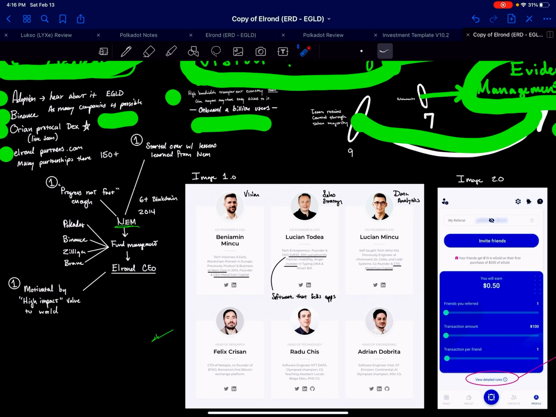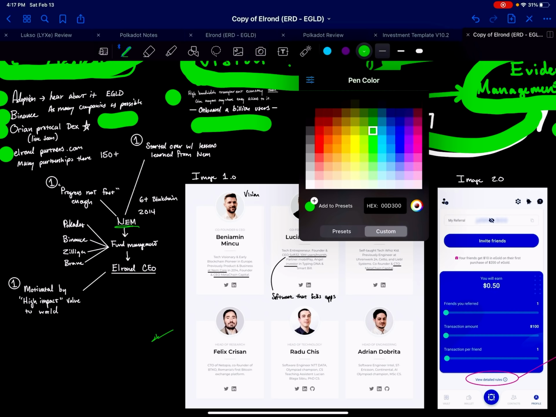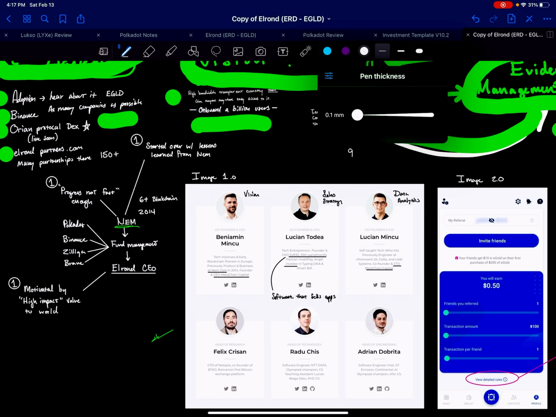Like I said, that's a trust factor. When you're wealthy and you're still working your butt off, that means you're more trustworthy, because your incentive is at a higher level than just making a lot of money, because he's already made his money. He probably made a lot of money, right? So he's motivated by high impact value to the world. That's an awesome thing to see in a person. And I think that creates a higher probability of reaching your goals.